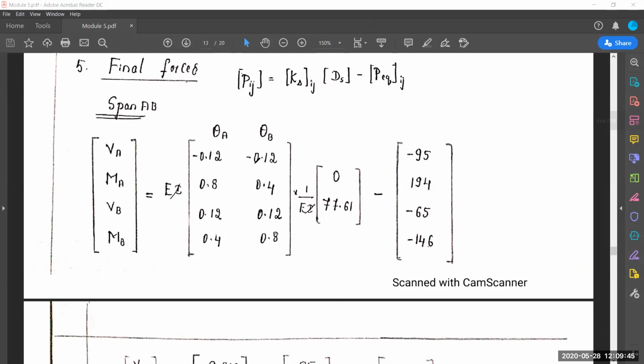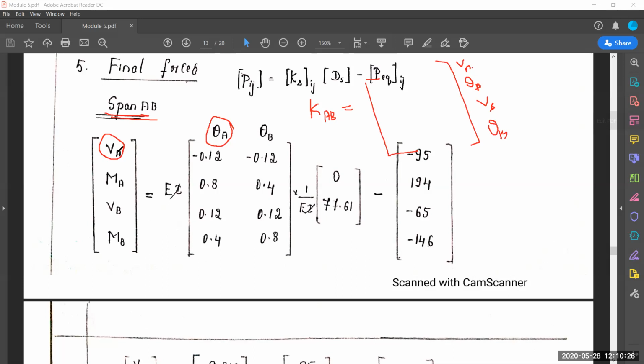So next, writing this value. This value also you have to extract from step 2. Getting? So now we will check. Which is the first value? VA versus theta A I want. You're under span AB. That means which one do you have to see? You have to see KAB. Keep KAB with you. One matrix is there, no? There: VA, theta A, VB, theta B. Like this, one matrix is there in step 2.